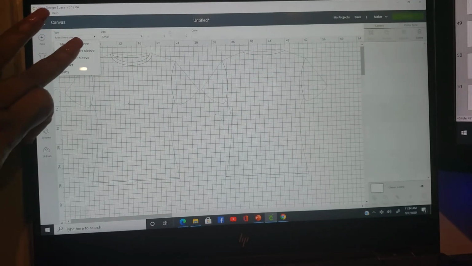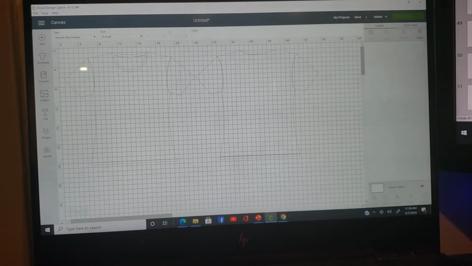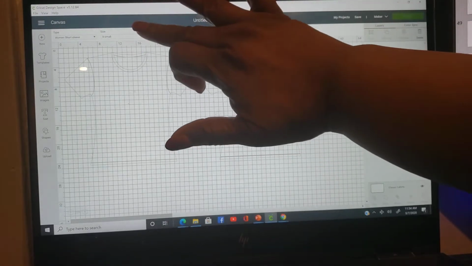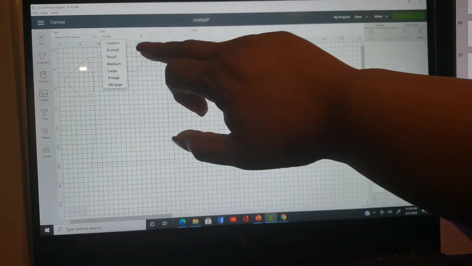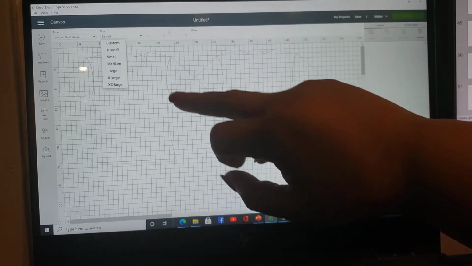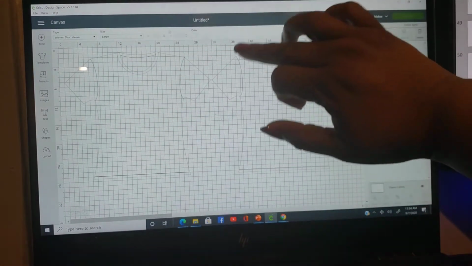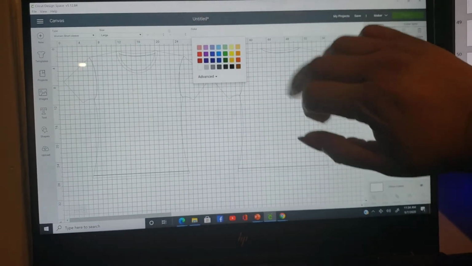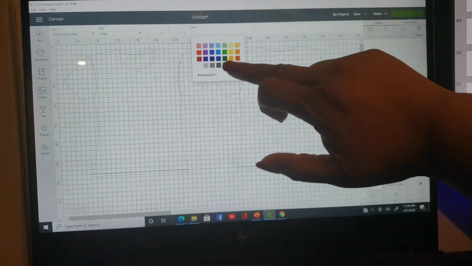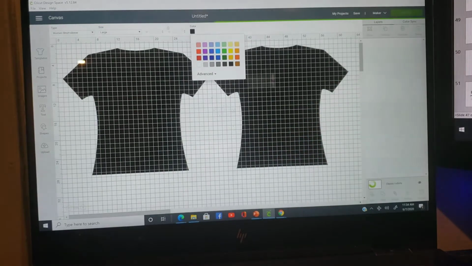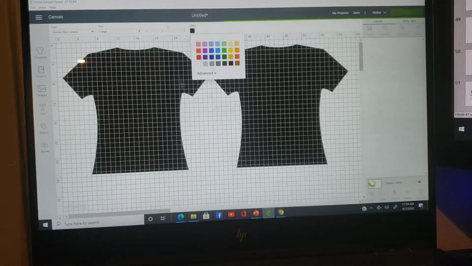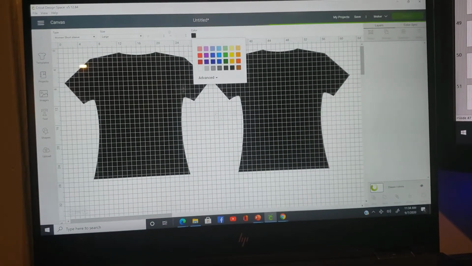So let's say we're working on a women's t-shirt. We'll select that, and then we can check the sizing. Is it an extra small, small, medium, large, extra large? We'll just go with large. And now we want to check the coloring. So you select coloring, and we're going to say it's a black t-shirt. Okay. And so now you have the type of t-shirt, the size of t-shirt, and the color of the t-shirt